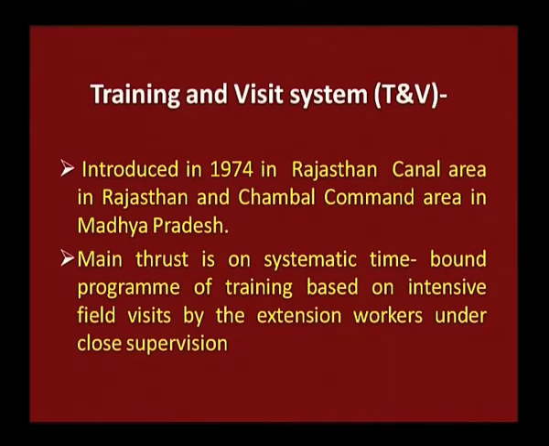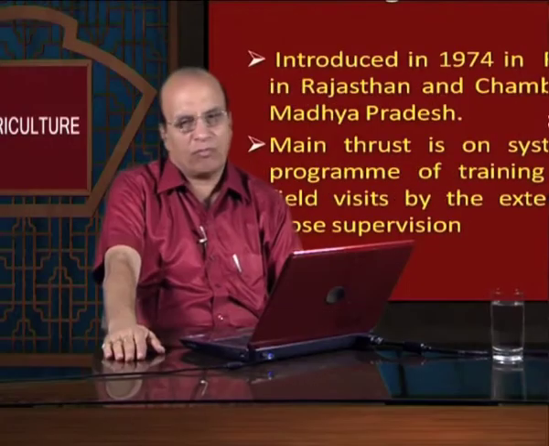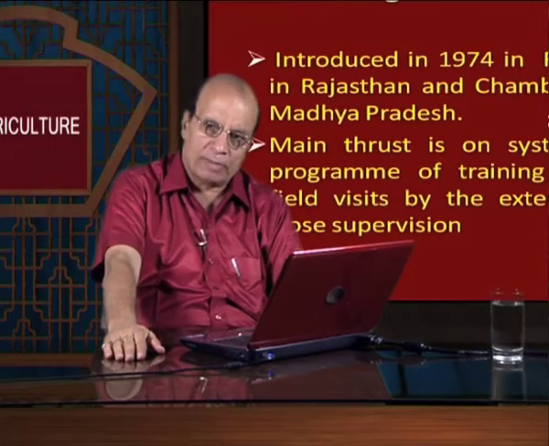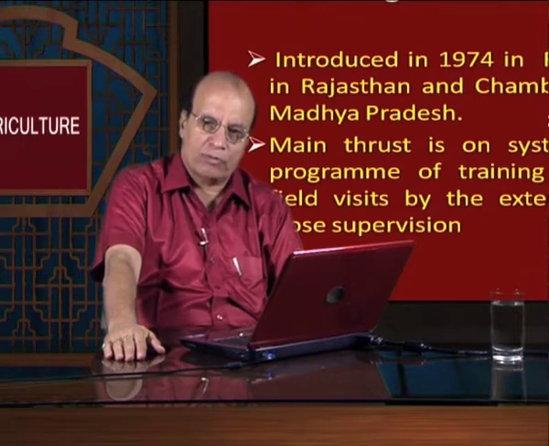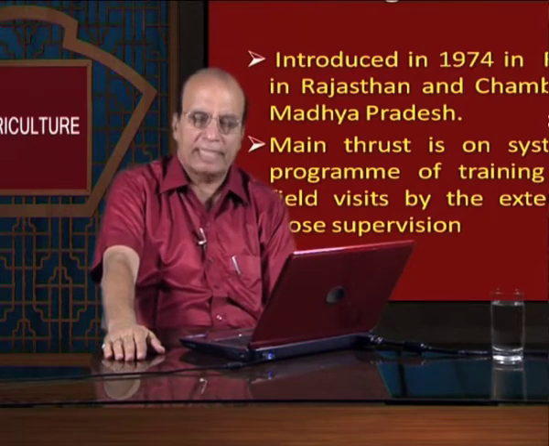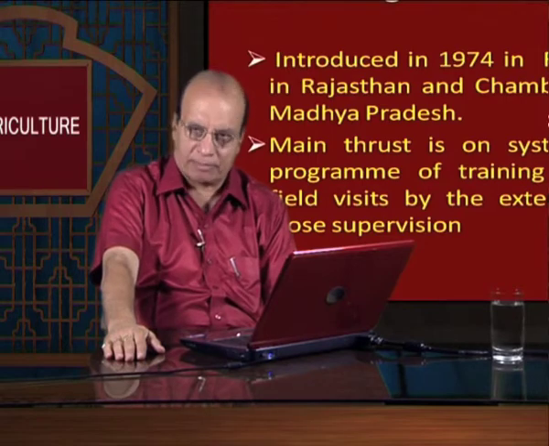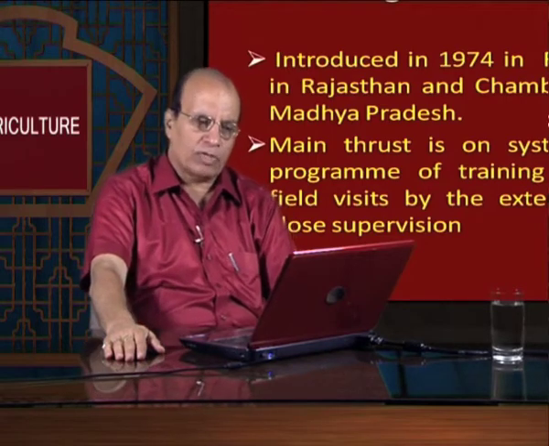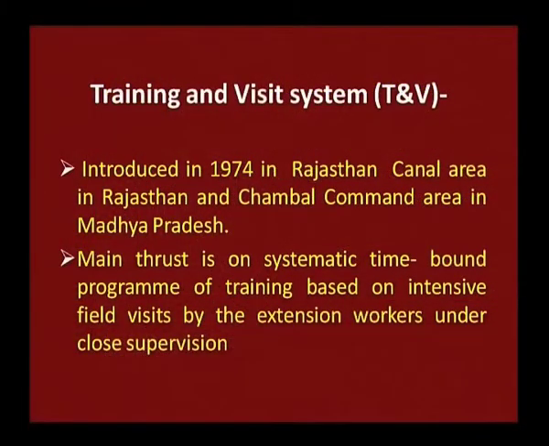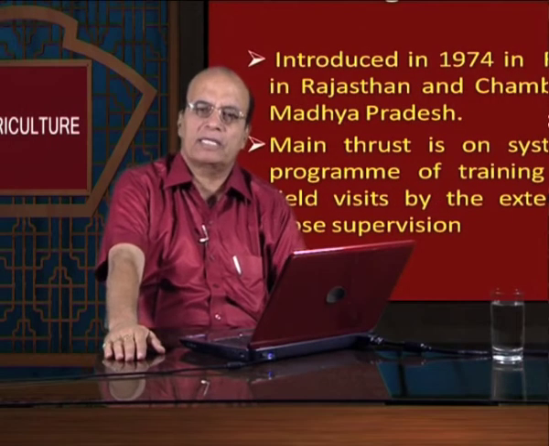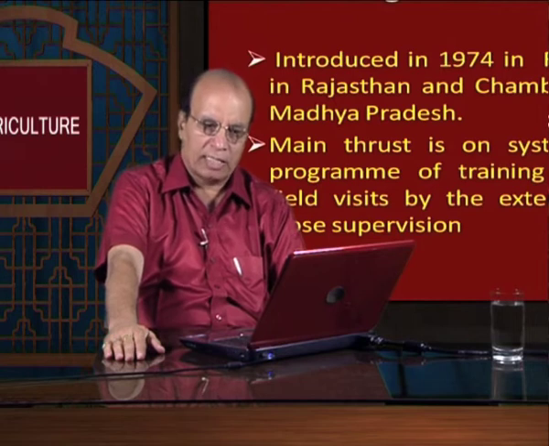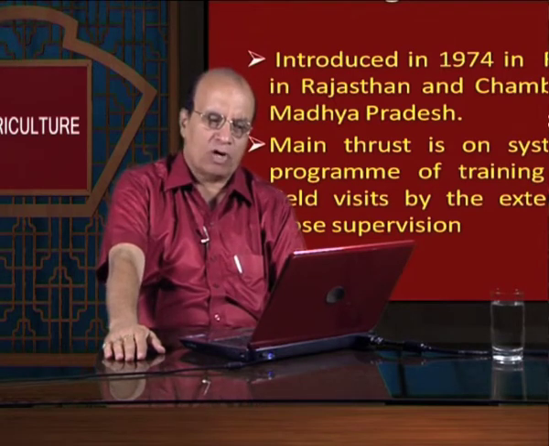Initially, training was provided to the village level worker after a fortnight, followed by visits to the progressive farmers, and progressive farmers can provide training to the follower farmers. That is the concept of the training and visit system. This program was introduced in 1974 in the canal area of Rajasthan and the Chambal command area in Madhya Pradesh. It initially started in Kota of Rajasthan, and later in the command area of Madhya Pradesh